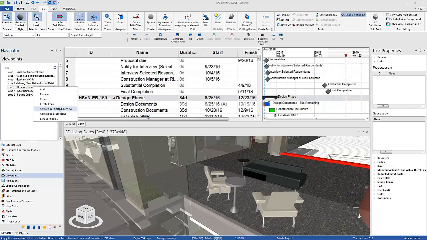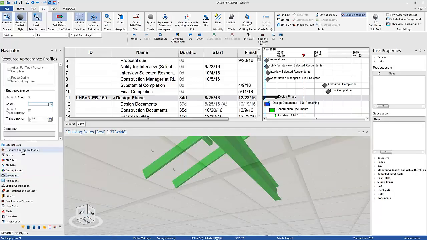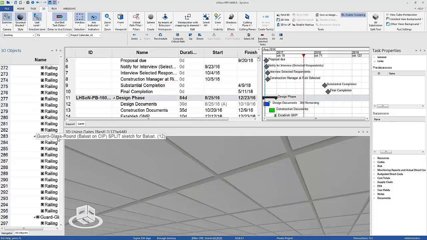Next thing, I activate a selected view. What's nice again with Synchro is, when you're validating design, I can see all these things. This is structural steel, because this is a renovation. We have to actually add additional structural steel in the basement to support all of the new weight that's getting put inside the building. Let me put the original transparency here. Do that, and then also we'll turn off